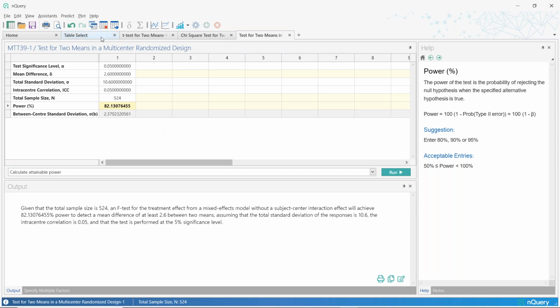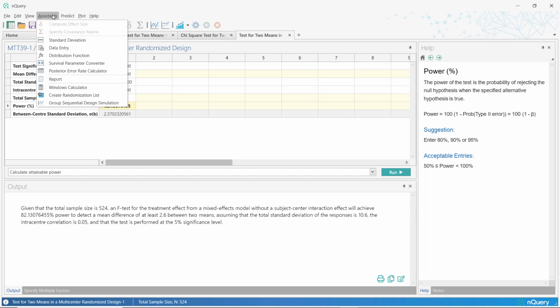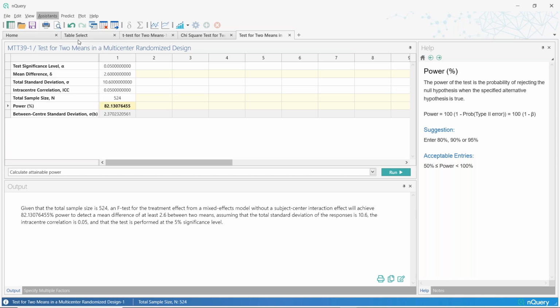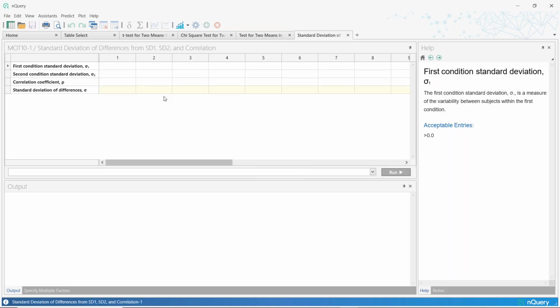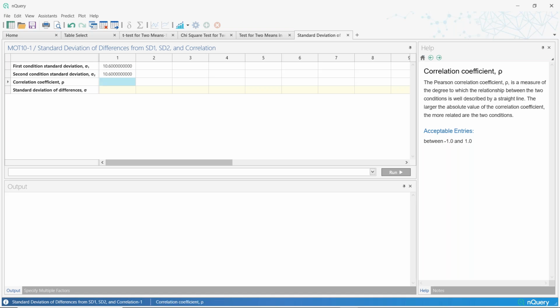And we can easily show that in nQuery as well. So for example, if I go to the assistance menu here and go to standard deviation, and then go from SD1, SD2, and SD correlation. So if we assume that the group one mean, the standard deviations in the group were actually the standard deviations for the pre and post paired consideration, so like pre and post measurements in a paired analysis, and then we say have a correlation coefficient here of, say,